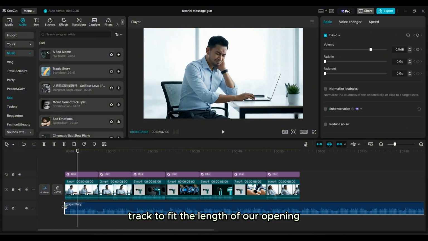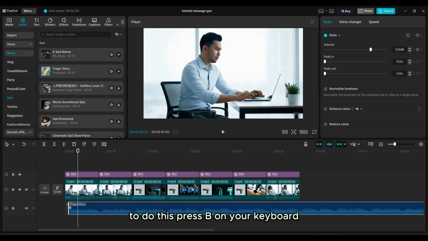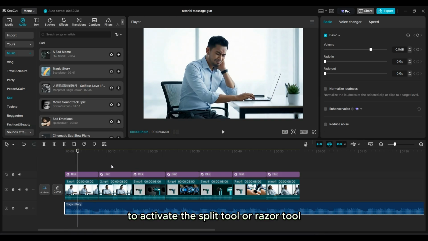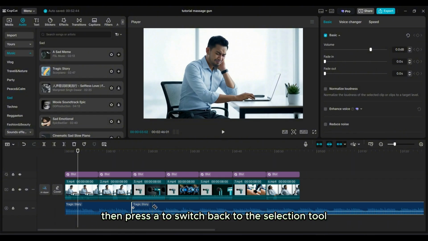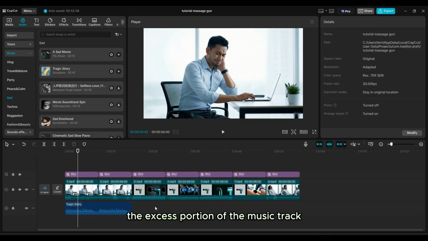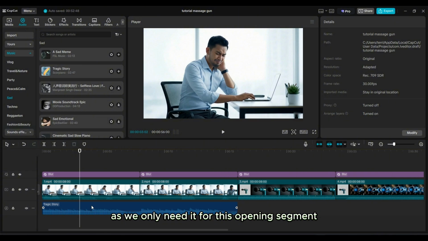We'll need to trim the music track to fit the length of our opening. To do this, press B on your keyboard to activate the split tool or razor tool. Click where you want to cut the music. Then press A to switch back to the selection tool. Now you can select and delete the excess portion of the music track, as we only need it for this